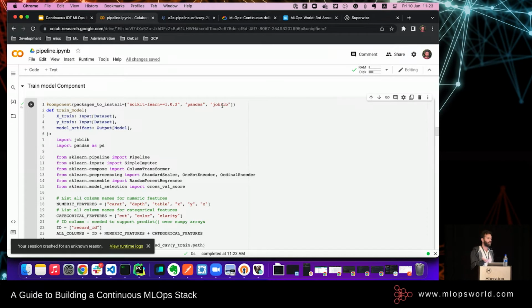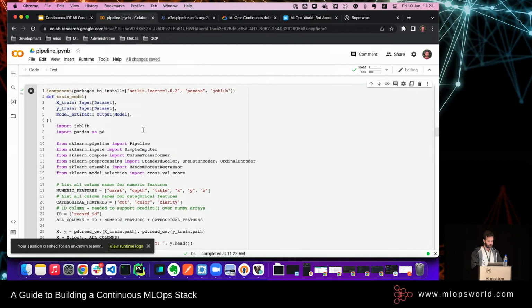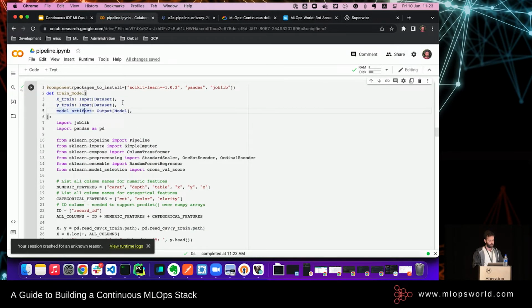We're going to use joblib. We're going to take the model to train, and we're going to serialize it using the joblib package. And we're going to output a new type of artifact, which is of type model. Now, every one of those pretty much inherits from the same object. However, each one of them has different attributes that we can utilize, right? So model will have, for example, performance attributes that we can write. It's going to have a metadata dictionary that we can write some metadata to, and so on.